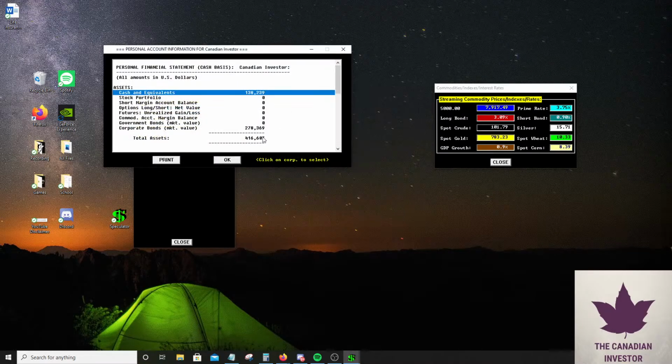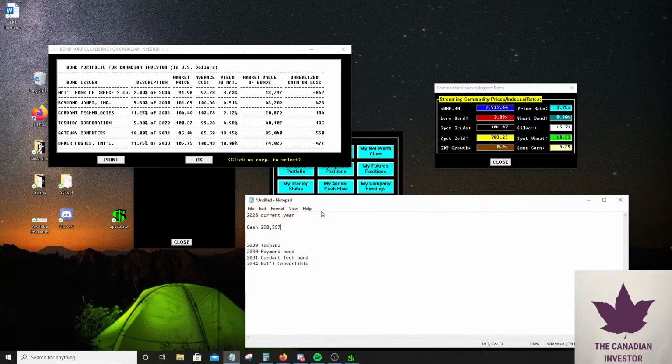So in this case, we own some high coupon bonds, which we're taking a little bit more risk on for potentially more reward. So we have our Natel, we have Raymond James for this, we have Toshiba, we have Gateway Computers, which matures in 2031. So we're gonna have to watch this like a hawk, because I'm pretty sure Gateway is junk, so I'm gonna write capital JUNK. I think I can bold it too. No, I cannot bold on WordPad. And this matures in 2033. And this is, oh, wait. Oh, no, this is Baker.